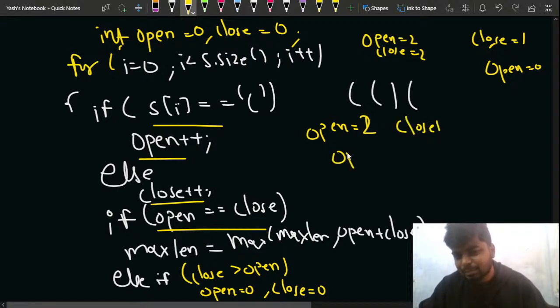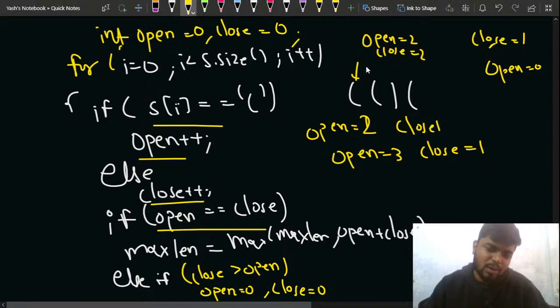After that, I see that the number of openings will ultimately be 3 and the number of closings is nothing but 1. So when I am here, opening is 1, closing is 0, opening becomes 2, closing becomes 0. Opening is 2, closing is 0. Here the number of openings is what?